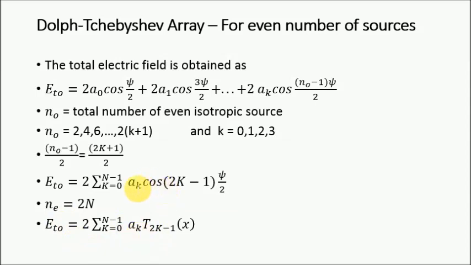Now we can directly replace this part with the Chebyshev array. I am going to replace this part with this value, because I am keeping psi by 2, so we can say m psi by 2. So this part can be replaced with the Chebyshev arrays. The Chebyshev coefficient could be given as T 2k minus 1 of x, and likewise we can have the amplitudes.